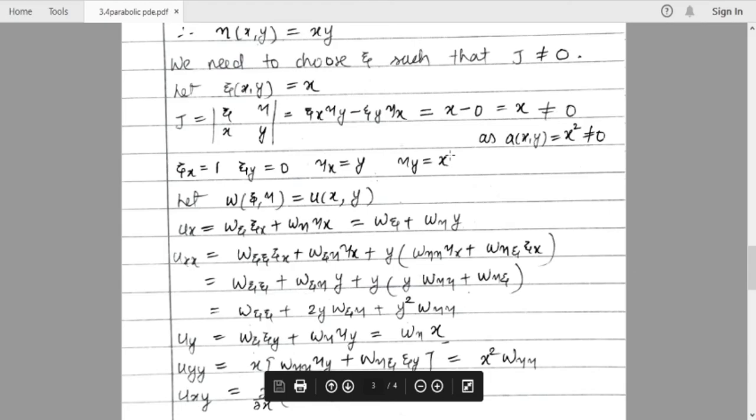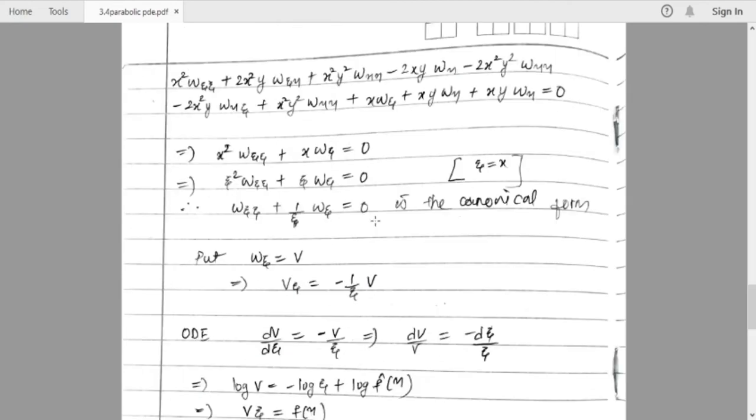Now find uxy also. uxy is dou by dou x of x w eta, and again we have to use the product rule and then substitute in the given problem. When we substitute in the given problem, we get w theta theta plus 1 by theta w theta equal to 0. So here we had x